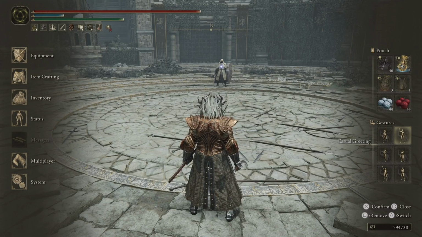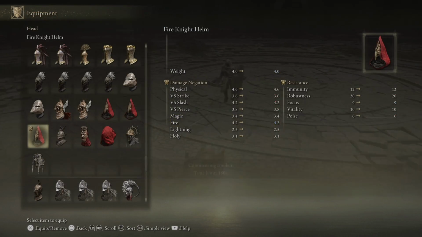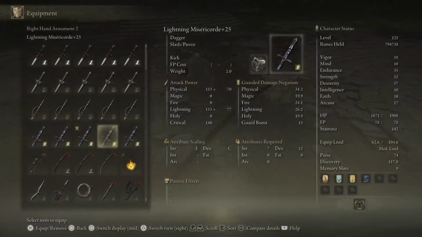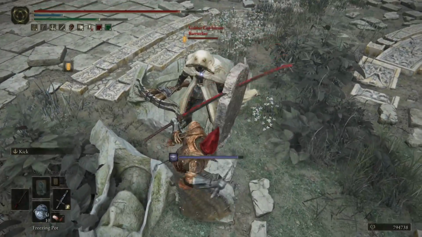Moving on, we're going to have the duel portion of the showcase. Our first opponent is going to be running the build I call Miyazaki's Dream. So that's going to be the spread crossbow with sleep bolts on it and then an offhand fingerprint shield. To counter this, we need to remove the helm that decreases our focus and swap our Misericord over to one